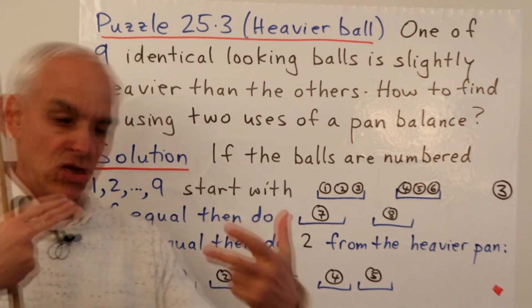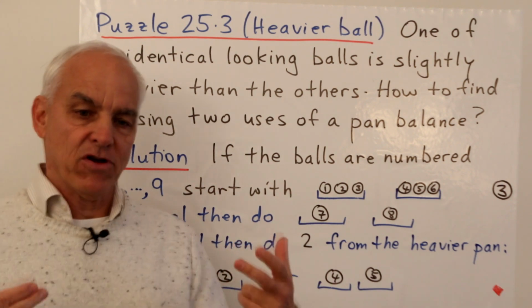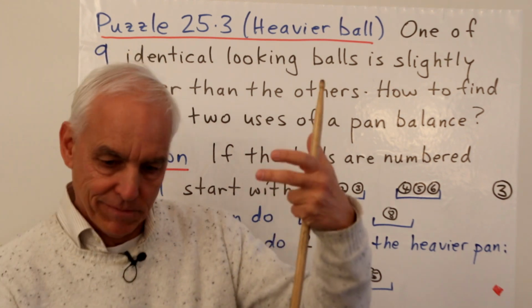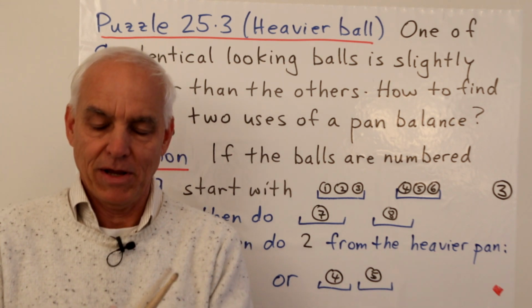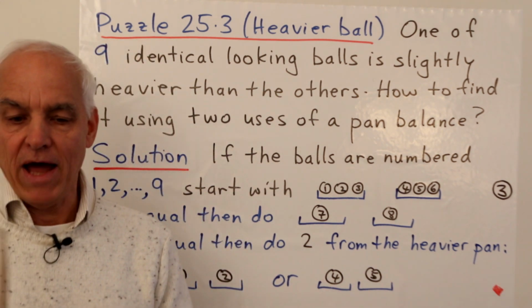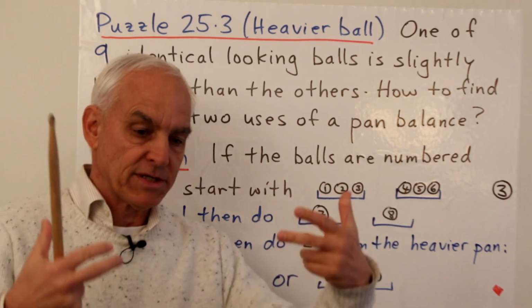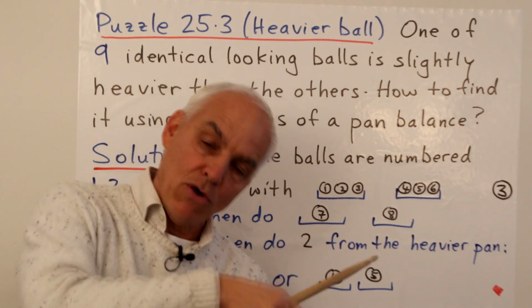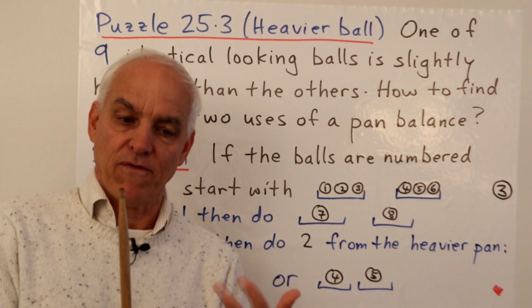On the other hand, if the initial groups of 3 were unequal, then you're going to take 2 from the heavier pan. So for example, suppose that the 1, 2, 3 pan was heavier. That means that the heavier ball is one of the triple 1, 2, and 3. So again, we apply what we've already talked about. We would take 2 of those balls, say 1 and 2, and weigh them. And from that, we would deduce which of the 3 balls is the heaviest. On the other hand, if the 4, 5, and 6 ball set is the heaviest, then again, we would apply the same reasoning to those 3 balls, take 2 of them, say ball 4 and 5, and weigh them and deduce which of 4, 5, and 6